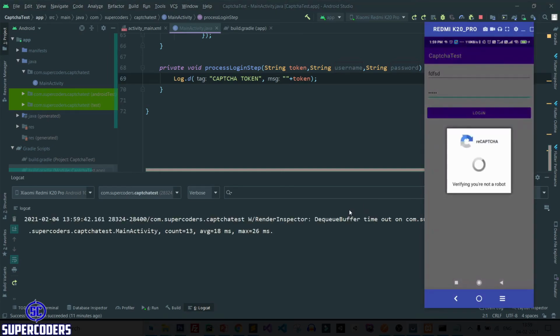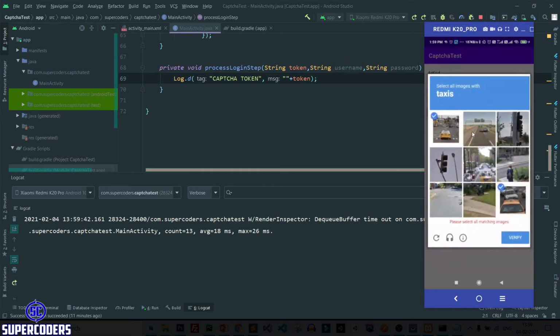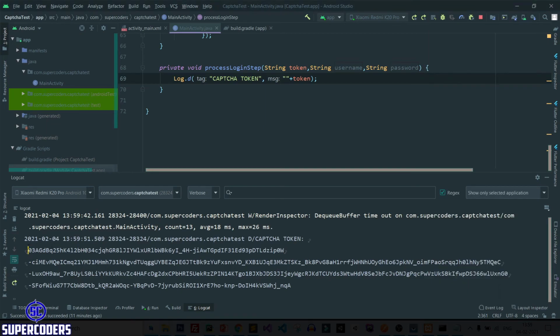Login, and again copy this token, back to Chrome, and let's check again. Paste it, enter, and you can see login successful message. And if your token is invalid, let's check again. You can see login failed. So it is working perfect.